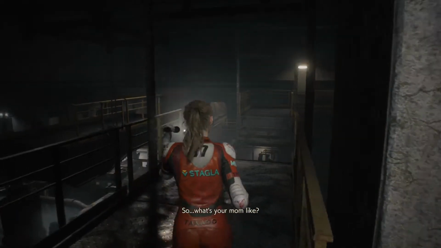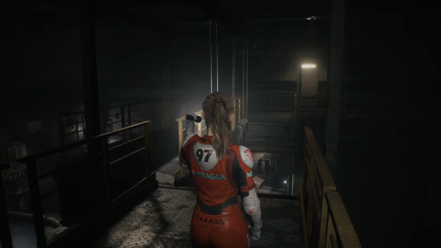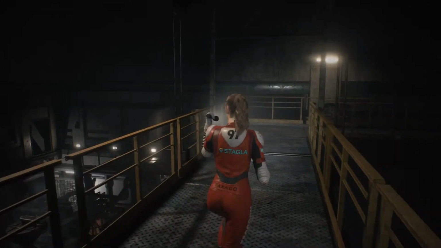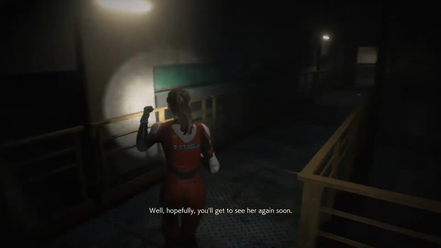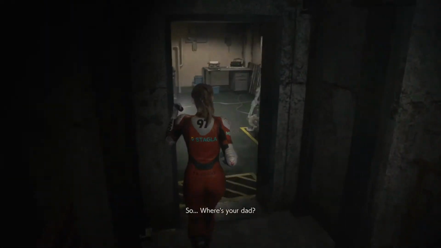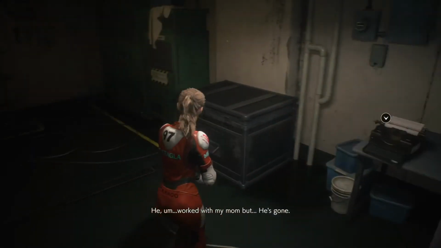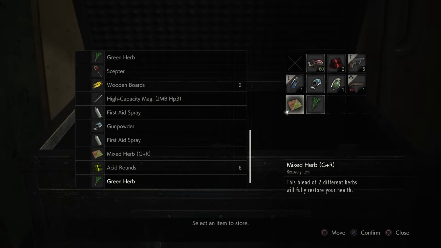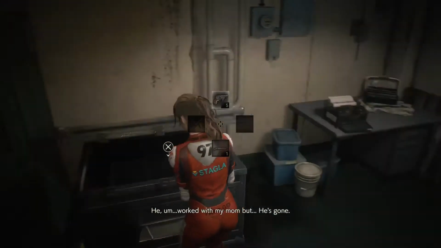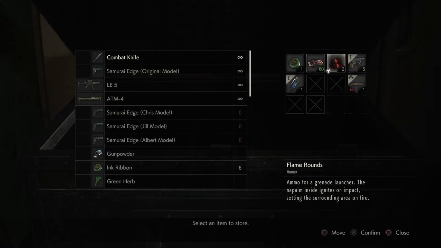You don't need to run back so What's many wrong, Mike? times for all the stuff I'm She doing. works at It'll just Umbrella. save you good time. She's making me import new medicine. Umbrella? That big pharmaceutical company? My mom's always at A work. big I don't get pharmaceutical to see her company? much. Yeah. Well, hopefully you'll get to see her again My soon. mom made this town crazy. My dad's a So, monster. where's your dad? He, Poor little Sherry. worked with my mom, but Don't need that crap anyway. That was an item pouch. But now it's an ink ribbon. he's gone. Wow. That Both of little my parents are Resident gone. Evil developer just slap in the face